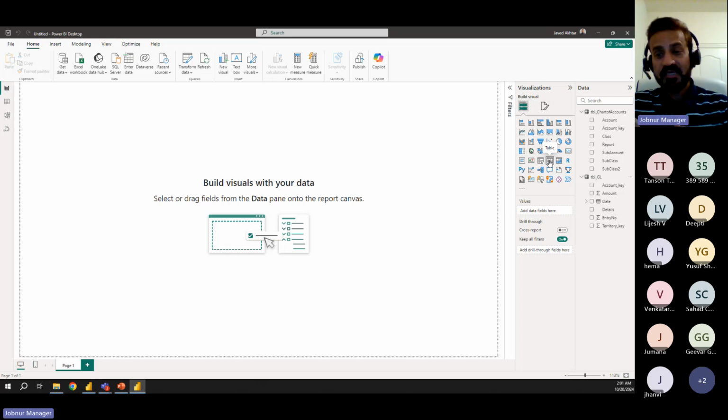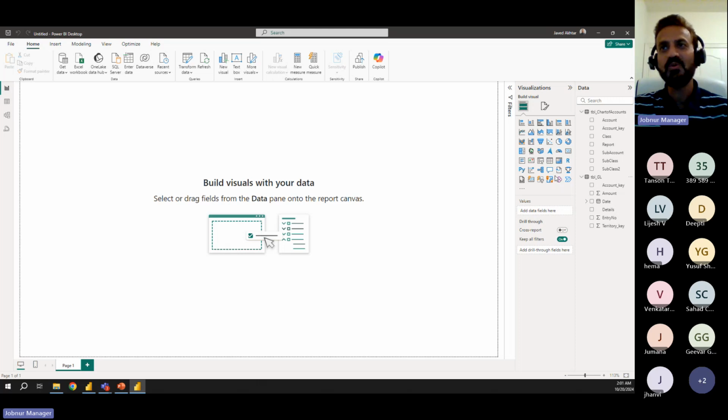GL report, AR aging, PO accrual, or an assets review dashboard, or fixed assets dashboard, or project capitalization project report. What different types of reports you can make, right? And these visualization charts depend on that. There is no fixed rule which chart to apply to which data, but while working on the data, you will